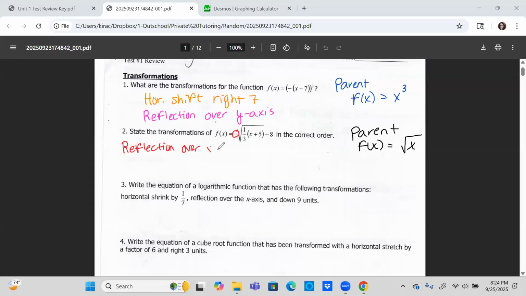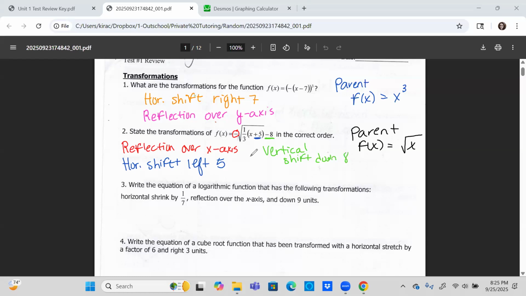over the x-axis. I'm going to leave that 1/3 alone. That's the hardest part for me. See how the 5 is with the x, so he lies, and that's going to be your horizontal shift. Since it's a +5, do the opposite of what you would think. So if you're here at 0, you think +5 would take you to the right. This is actually going to take you to the left, because he lies. And see that -8, how it's hanging off the end? That's going to be your vertical shift, and that does what you think it would do. So that's going to take you down 8. So vertical shift